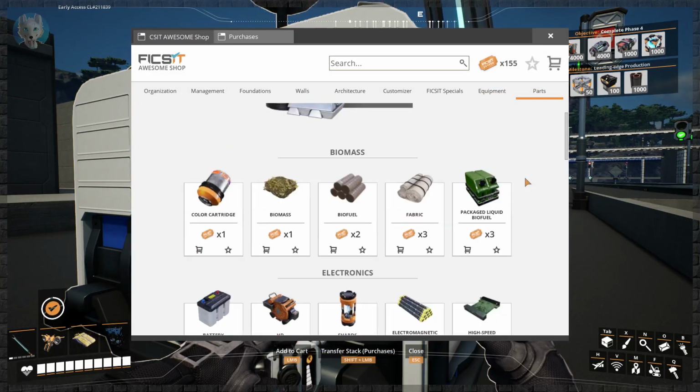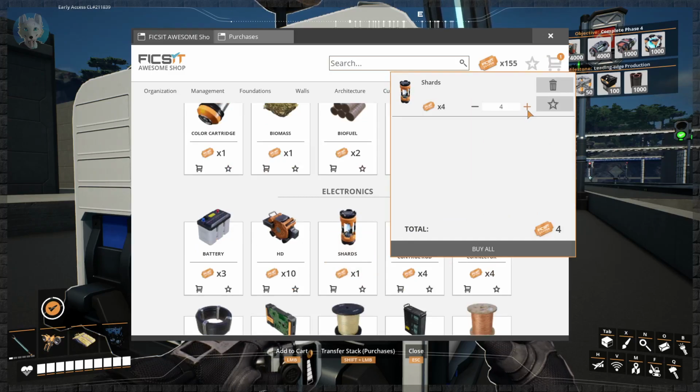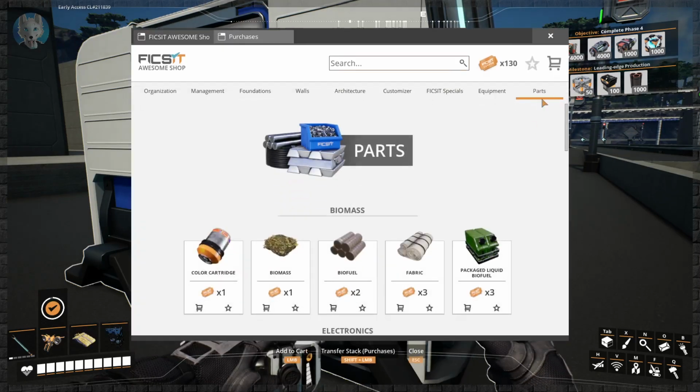Because I have a mod, I can buy shards. We'll buy 25. Okay, so that's 33, so we need...